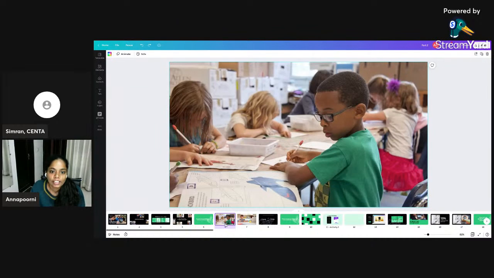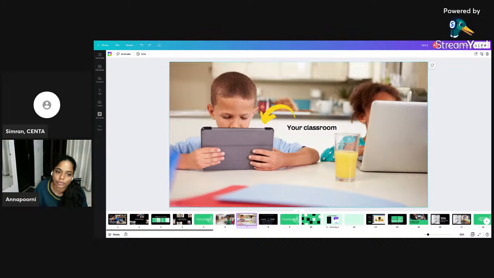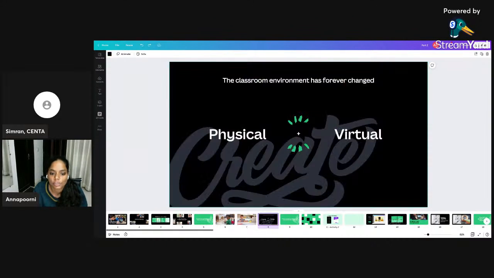The idea of a classroom, according to us, has changed significantly. According to all of us, this is how a classroom looked: we had tables, we had chairs, we had children sitting there, and we had a classroom. Today, maybe our classroom has shifted to a tablet, a mobile phone, a WhatsApp group. So how has your classroom shifted? It has become physical and virtual, hybrid, a mix of everything. But it has changed forever. We will never be able to imagine it the old school way. We are going back to school, but there is a lot happening in the digital space as well.